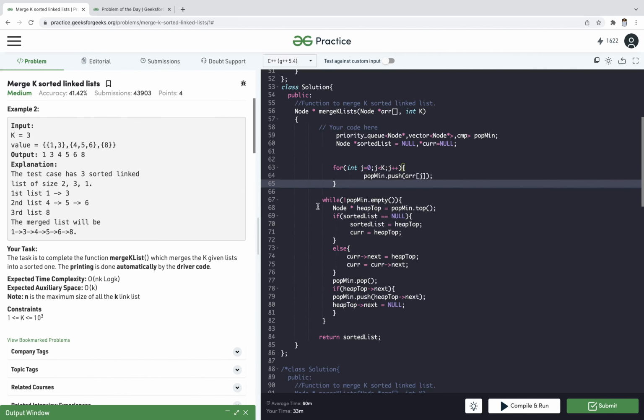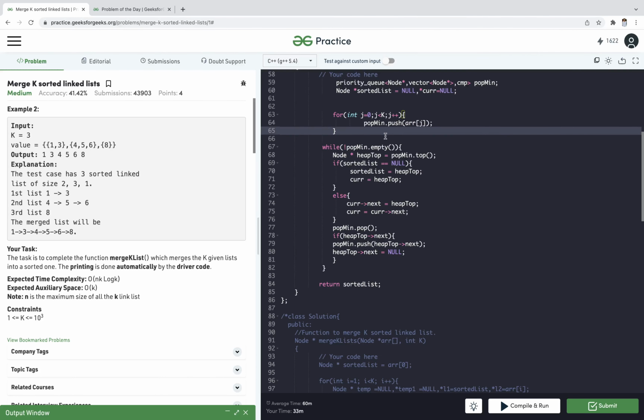After that we are running a while loop. The while loop will run till the min heap gets empty. First we are storing the topmost value in a variable. Then